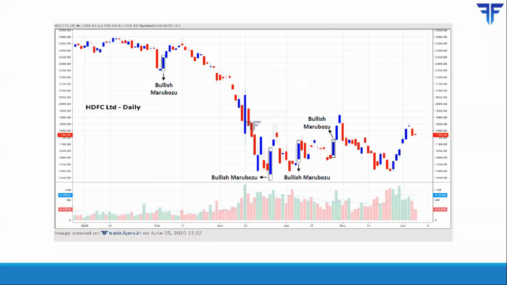Now this is the daily chart of HDFC Limited. HDFC Limited was in a minor downtrend initially, and then a bullish Marubozu formed over here. As you can see, open and low were the same, close and high were the same. However, the rally turned out to be quite minor. As you can see, the price rallied from just 2350, which was the high of the bullish Marubozu, and went just till 2480. So it was a 130 or a 4 to 5% kind of move.